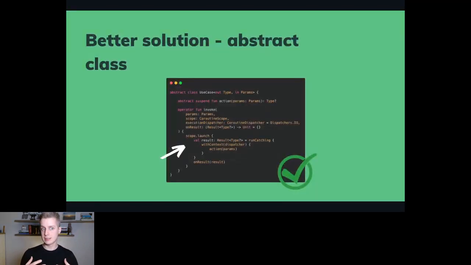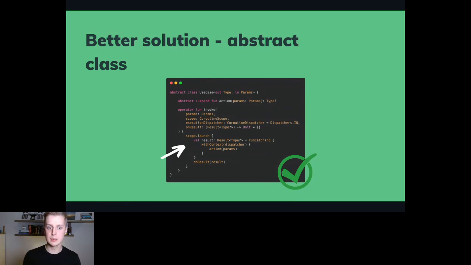And the solution for that is an abstract class. Even if we don't use an abstraction, when we have an abstract class we still have some advantages, because as you can see in this implementation of the use case, we have an invoke method, and this invoke method is executed every time a use case is executed.